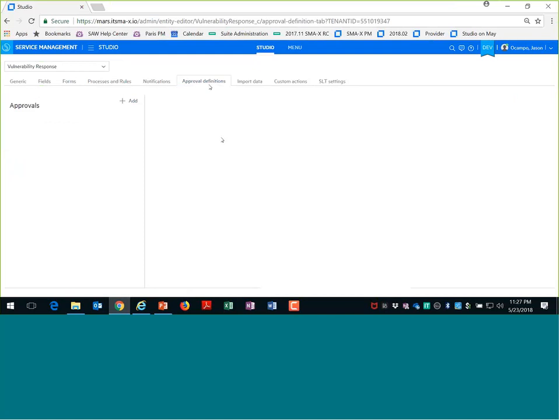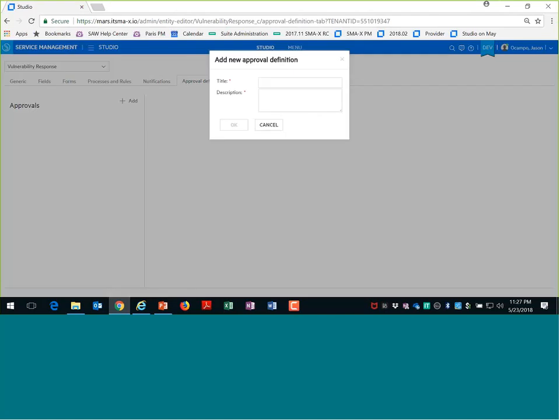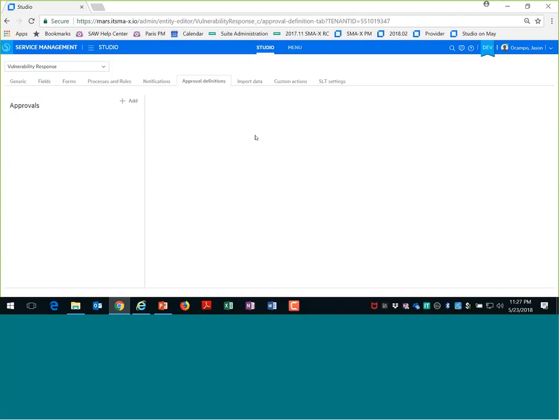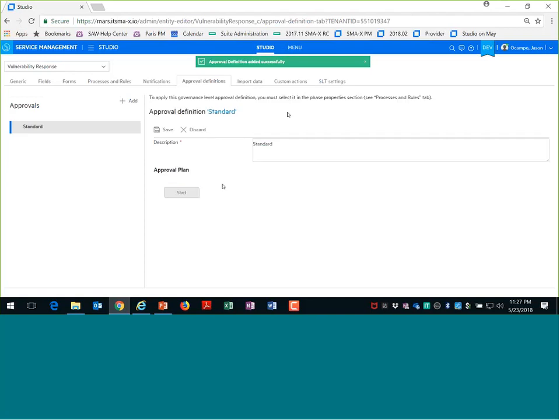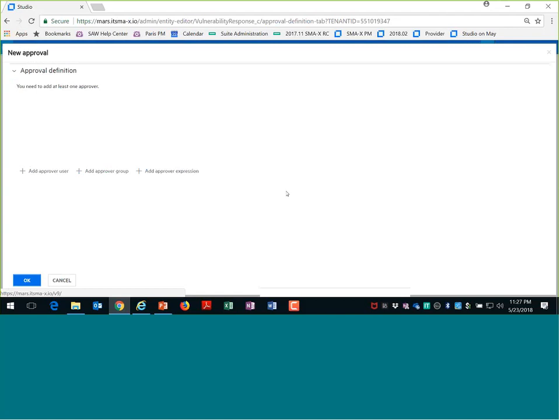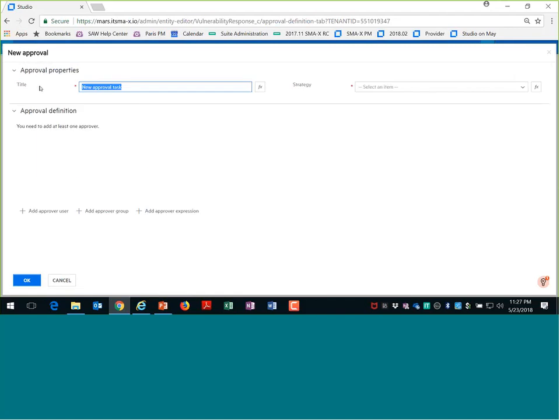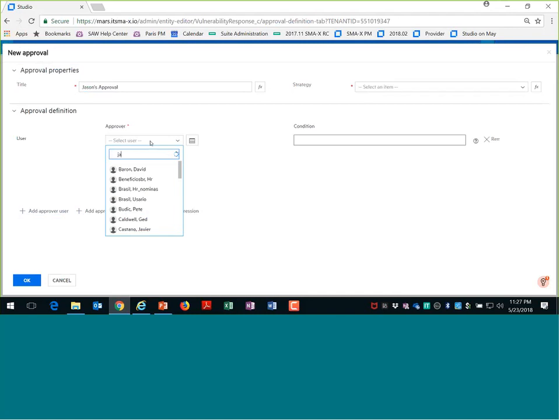So the first thing I configure if I want to use approvals on my module is an approval definition. And I'm just going to have a single approval node. And I'm going to call it Jason's approval. That's who I'm logged in as. I'm going to add an approver user of Jason, because that way I can show you actually where it shows up. Strategy is going to be one must approve. Okay. And now we go to our